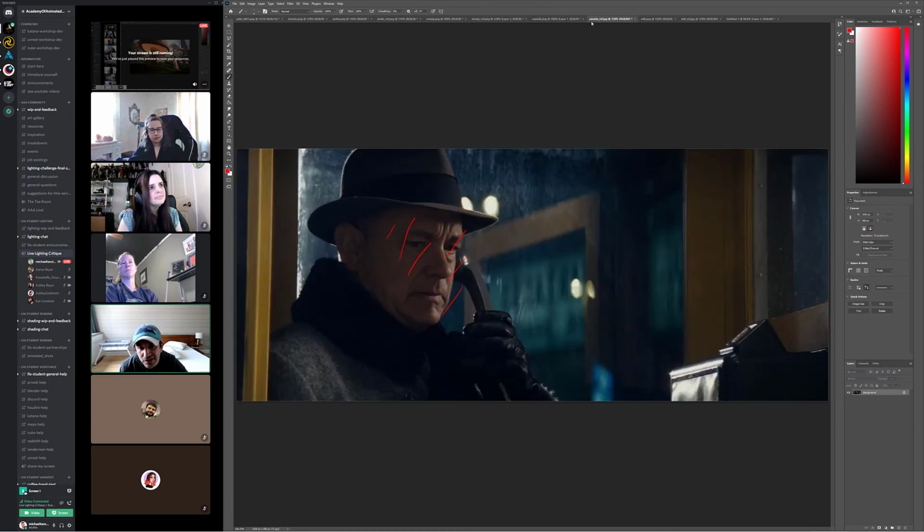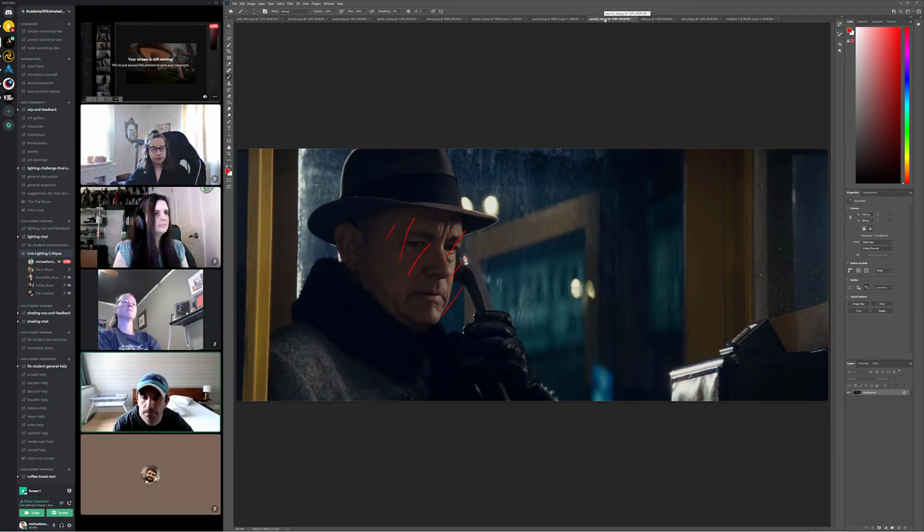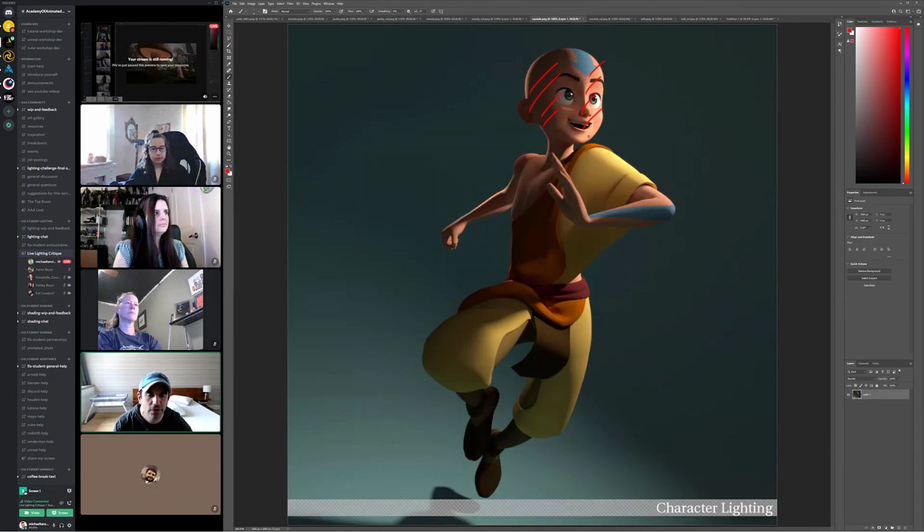From a saturation standpoint, this whole scene is much less saturated than this. But you can play that up as you see fit. You can choose to follow that or not, because I think that this character in his hero form tends to be a little bit more saturated overall. And then